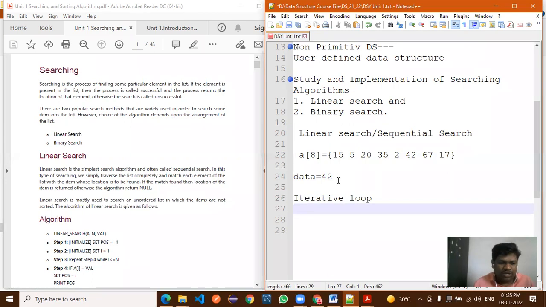How to write a for loop here? Can I write like this? For, I will consider one variable i, and the index starts from 0 or 1? 0, sir. Here i less than n, so n is equal to 8 we'll consider.